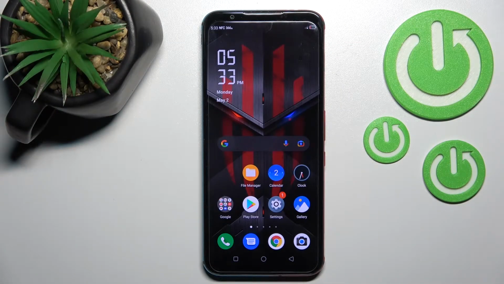Welcome, today in front of me NUBIA Red Magic 5S, and I'll show you how to hide developer options on